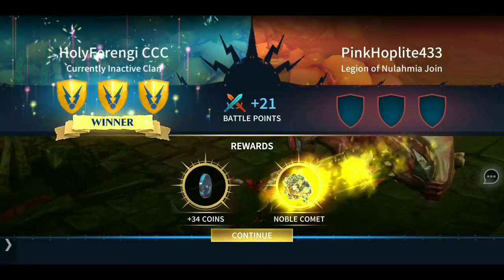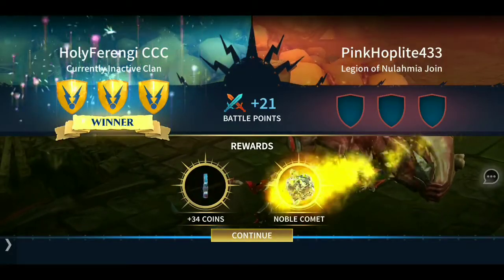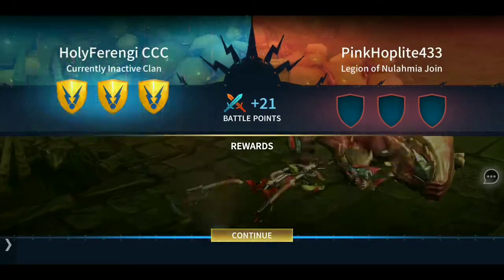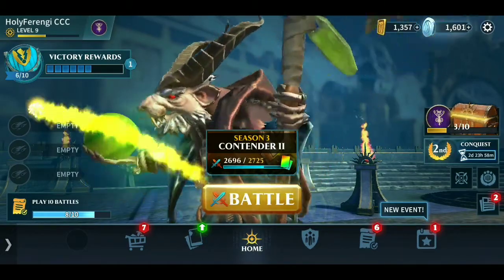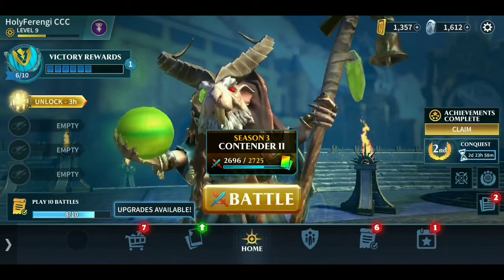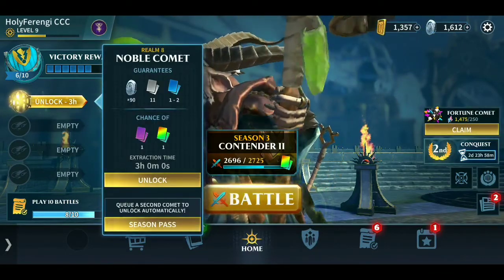So 3 victory points, 21 battle points, which will improve my overall ranking of all players. I've got 34 silver coins, and I won 1 noble comet. Now if I go to continue, he didn't kill my spire, he didn't destroy my spire, he didn't reduce my health to 50% or less, so he ended up without victory points. So you have just seen I got 1 comet. It's now on the left side in position 1. It takes 3 hours for this comet until I can collect what is inside. If I push here, then I can unlock either via...